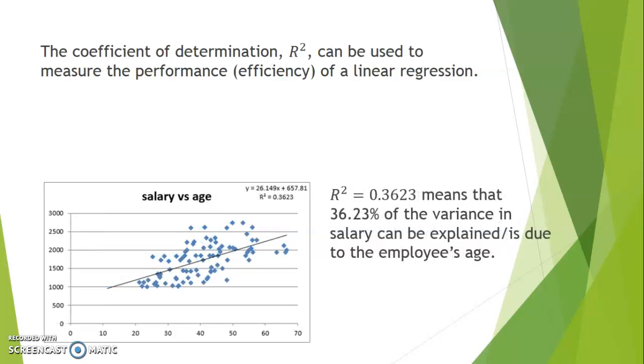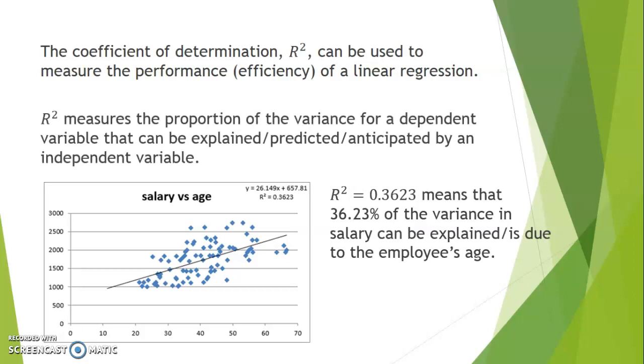In the second graph, r squared was 0.3623, meaning that 36.23% of variance in salary can be explained or justified by the employee's age. R squared measures, therefore, the proportion of the variance for a dependent variable that can be explained, predicted, anticipated by